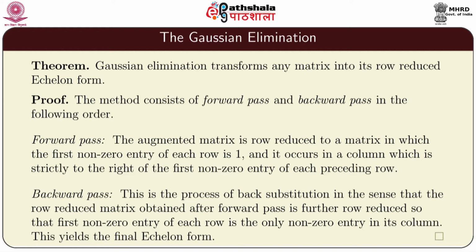But through backward pass, what we achieve is that we can make all other entries of that particular column 0, and then the final outcome is what is called the row reduced echelon